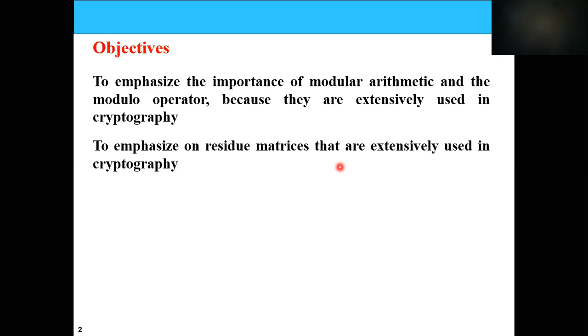There you need a modular system based on matrices instead of numbers. Here we need residue matrices, because in residue classes it is quite easy to map some set of integers to some set of plain text, like from a set of letters to